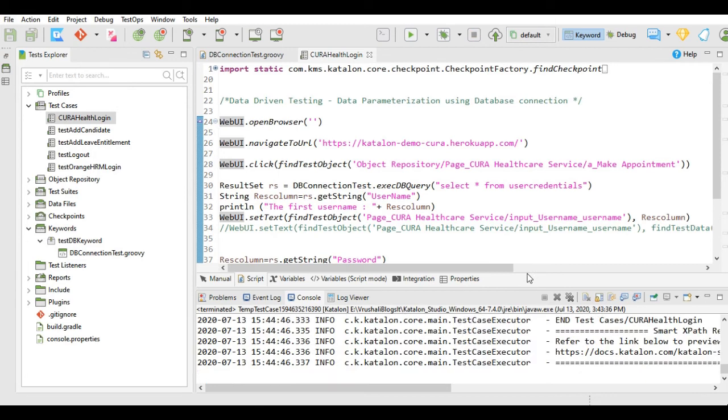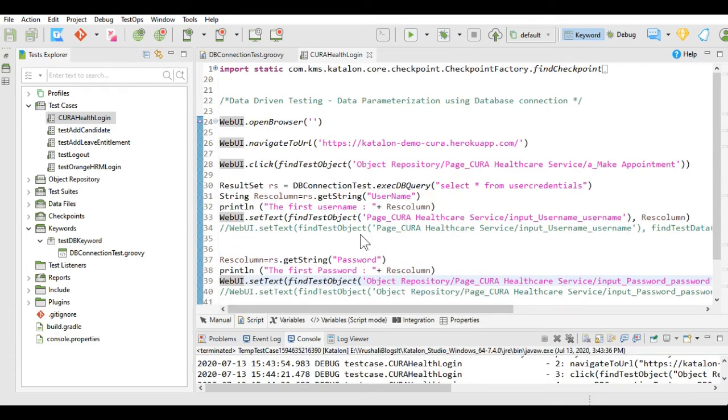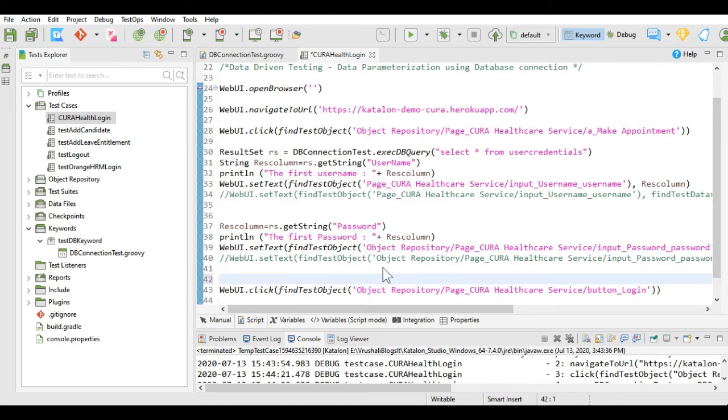And if you check here in the console, it prints the username and it prints the password because we have given the println command over here. If we want to use the next row after this, then we have to give rs.next. Here I can give rs.next to go to the next row and to work with that row.